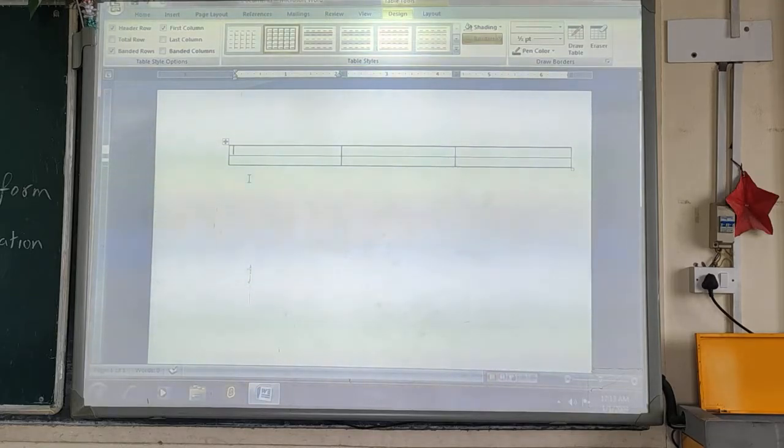Okay? In the same way, if you want to resize the table, then on the right hand side bottom corner you can see a small square.